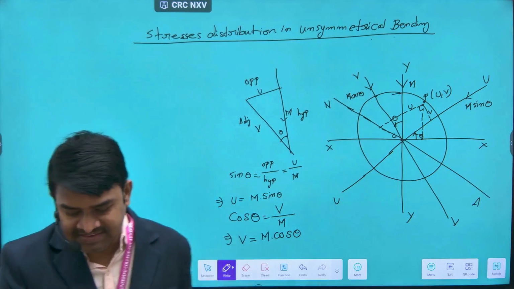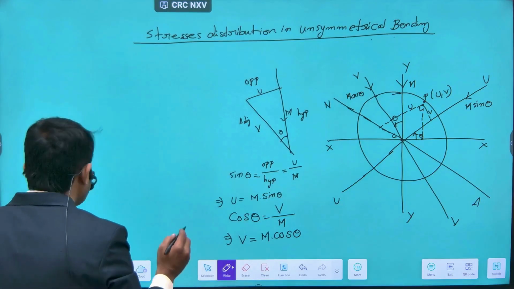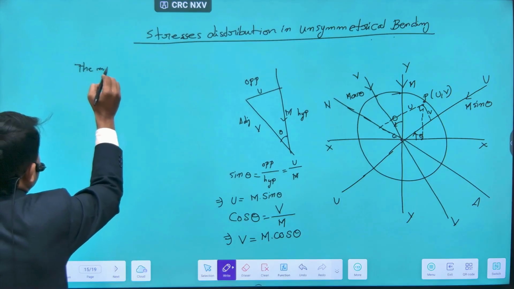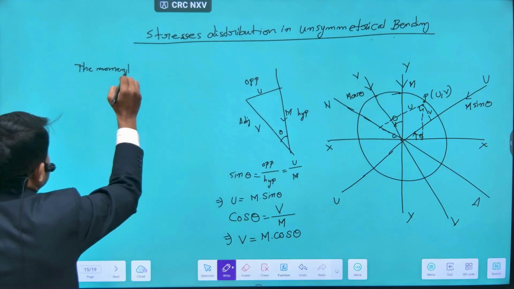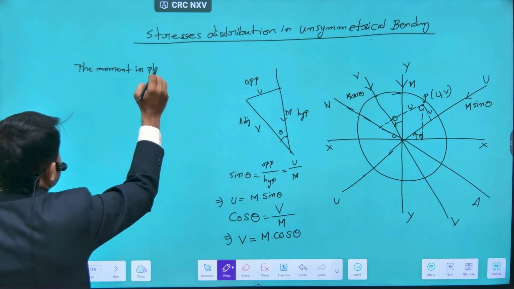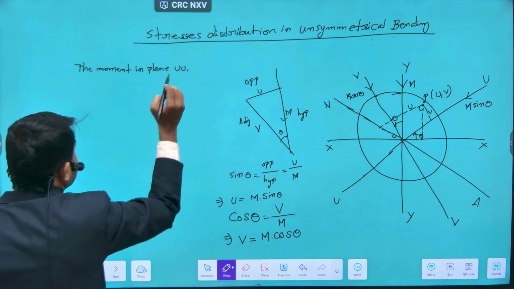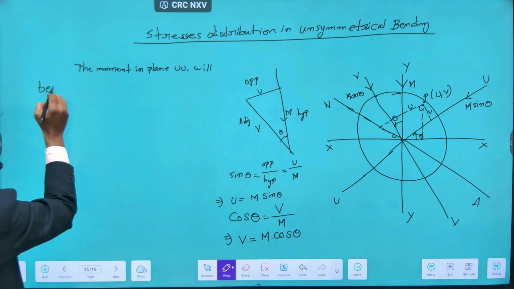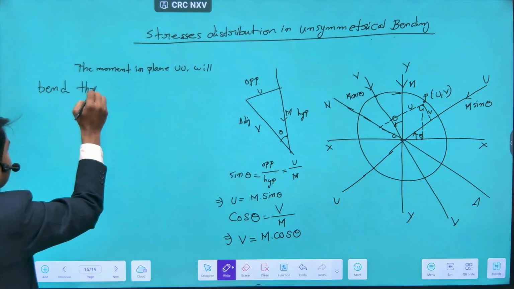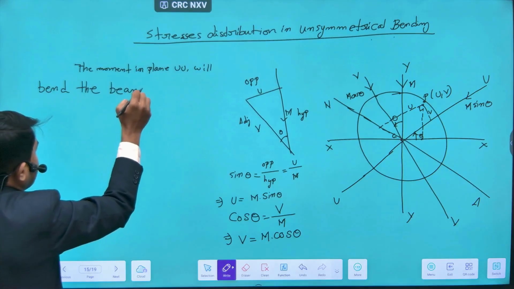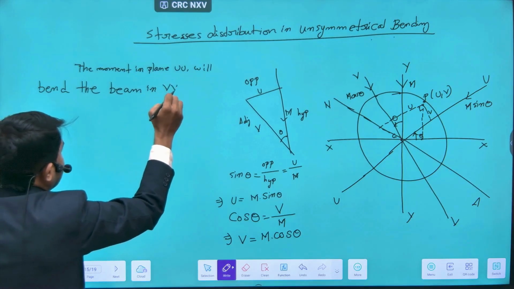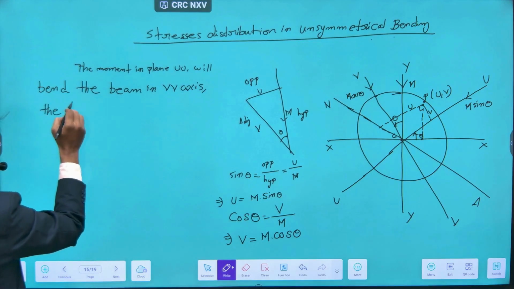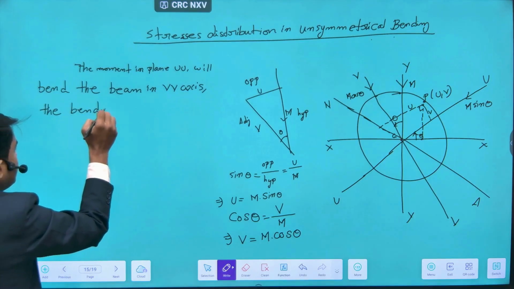Next step, I am writing here: the moment in plane UU will bend the beam about the VV axis. The bending stress is given by, and this is a very important statement,